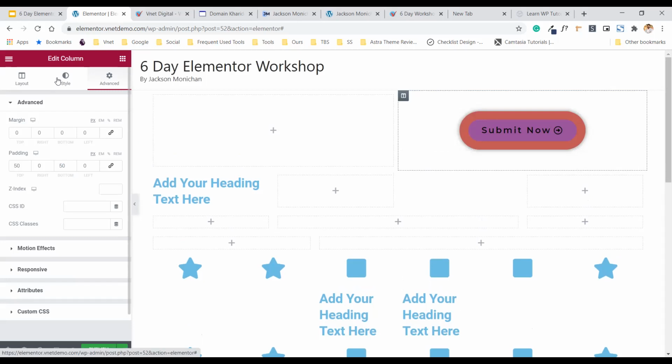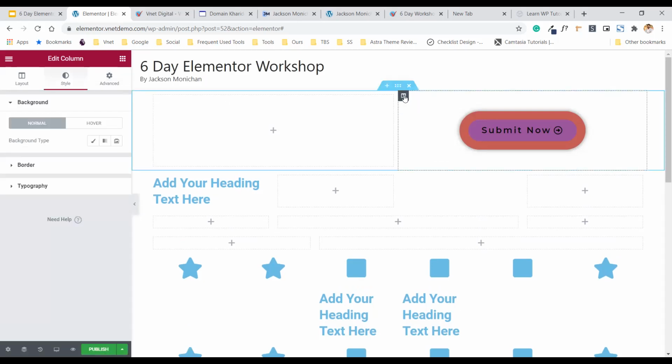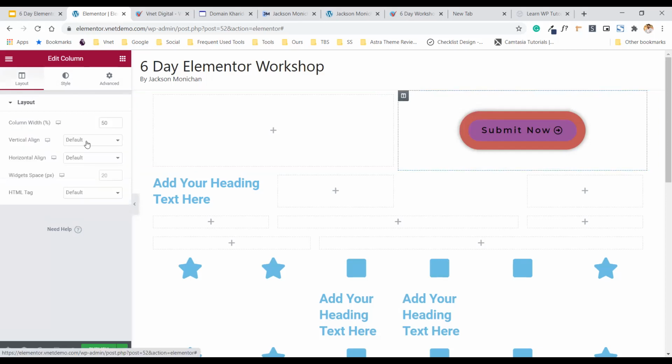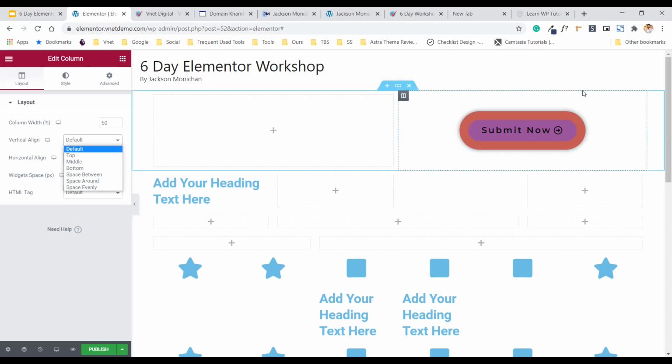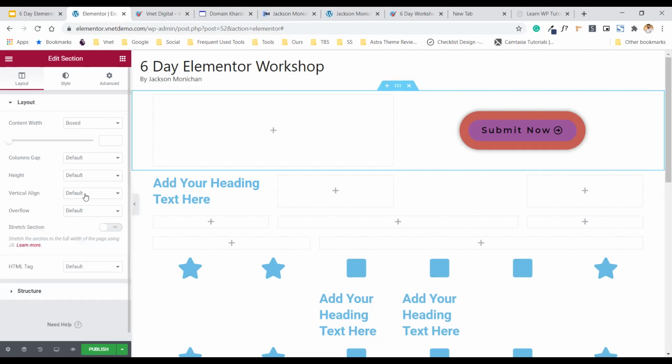Okay, let's say now I clicked on this particular column settings, and click on layout. Now what will happen is, the default is it comes in the middle of this particular column. The widgets that are available in that particular column will come in the middle. But say for example you want to show it on the top, you can always go ahead and choose it as on the top as well. Or if you want to show it on the middle or bottom, you can always choose it as well. Now similarly you also have settings for,